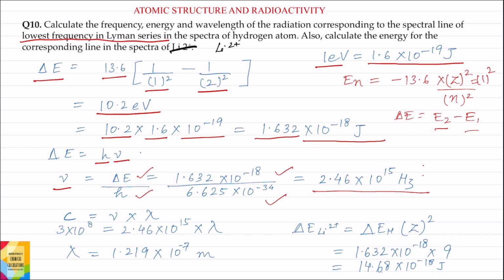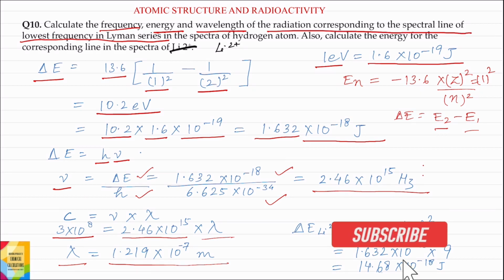Now velocity is equal to frequency into wavelength. Value of velocity is 3 into 10 to the power 8 meter per second. Value of frequency is 2.46 into 10 to the power 15, into wavelength. Solving, value of wavelength will be 1.219 into 10 to the power minus 7 meter. So the value of frequency, energy and wavelength of the radiation corresponding to the spectral line of lowest frequency in